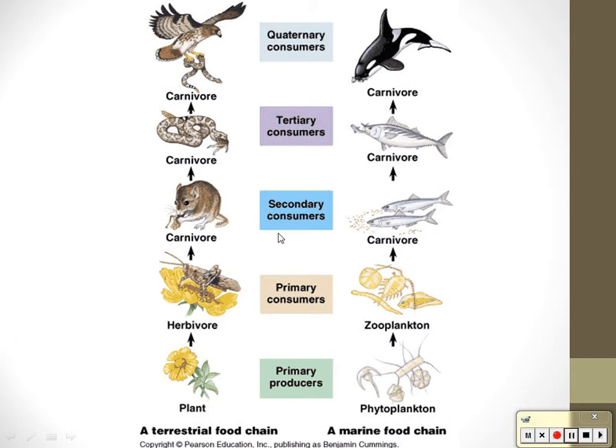So as we go up, there is less energy available. So let's pretend a plant has 100% of energy. When the herbivore eats it, it can only get 10% of that 100% because the plant spends 90. And then this guy has 10%, and he will spend 90% of his as well. So this carnivore would only get 1. And this is why you can only get so many stages or trophic levels in a food chain, because each level is losing 90%. So you can only get so high before you have 0.